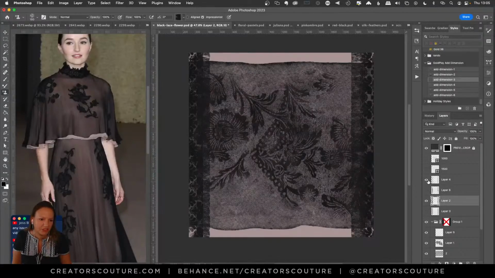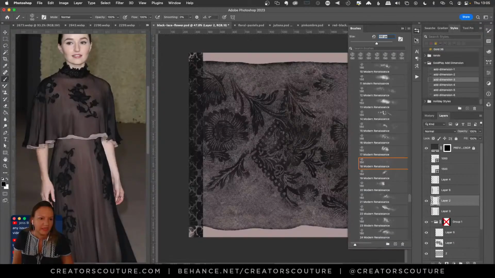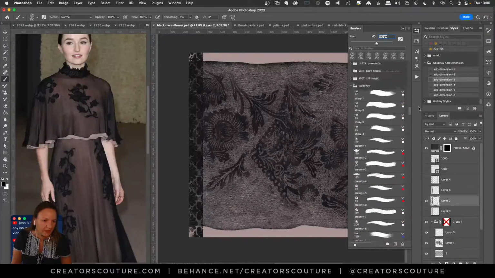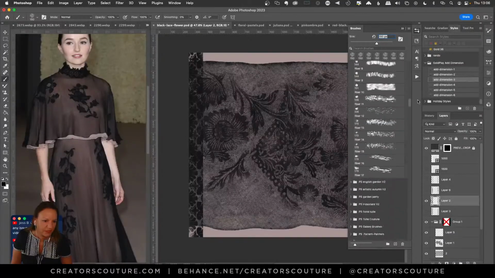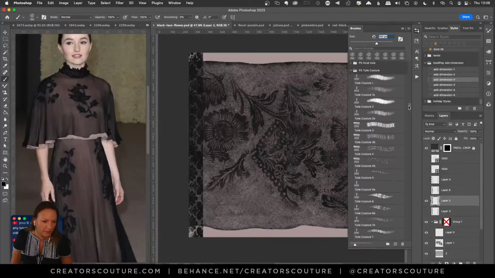So I actually took the Tool Couture brush. And in this case, I think I will just do a one color brush in black. If we can find, yeah, Tool Couture brush.